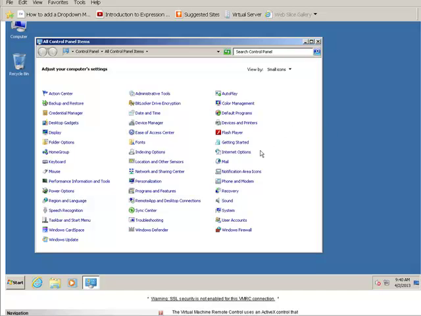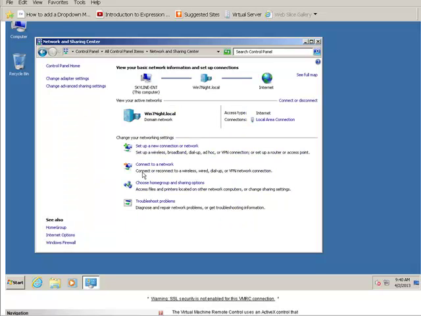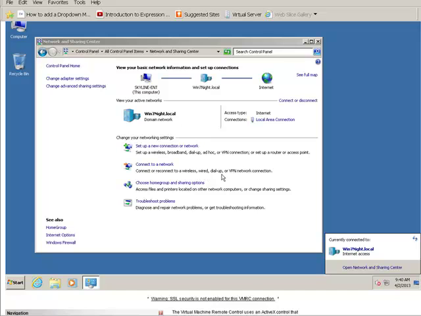So when we want to create a VPN, we need to go to the Network and Sharing Center here. And now I'm going to set up a new connection or network, connect to a network. What I want to do is connect to a network, and if you see down here, it says wired, dial-up, VPN. So I'm connected to the Windows 7 .local internet access,